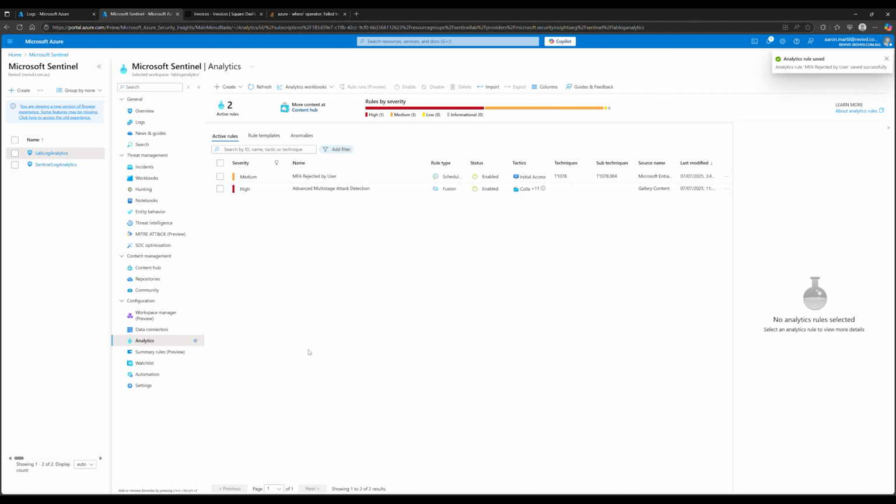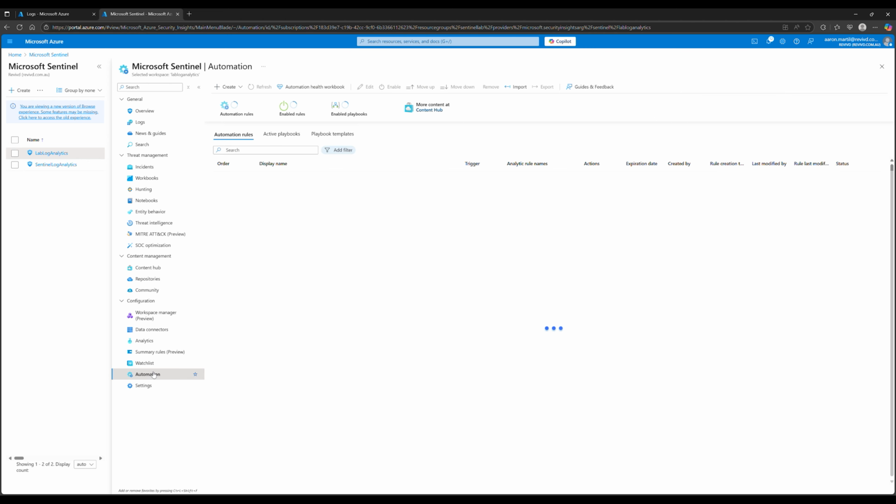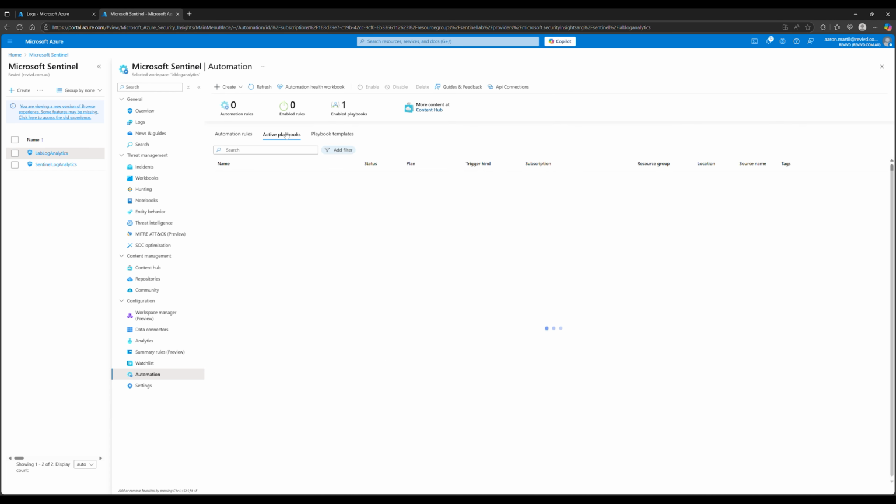Now if you have a look at your active rules, you'll notice here you've got the new rule that we created. Next, let's go ahead and apply our playbook to our analytics rule. So you'll need to go back into the Microsoft Sentinel dashboard, and then go into automation, and then into active playbooks,